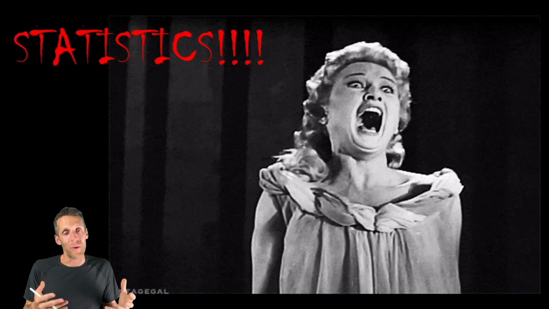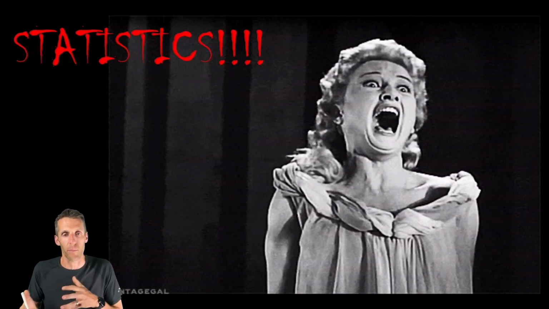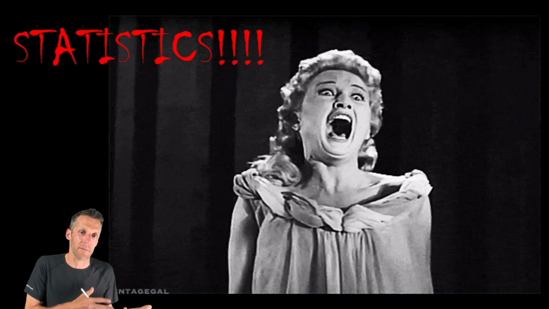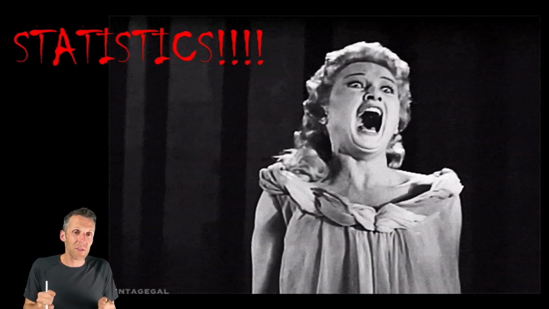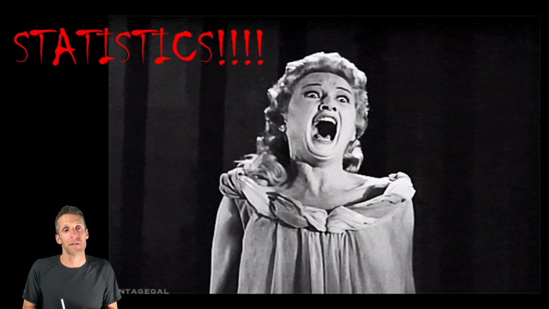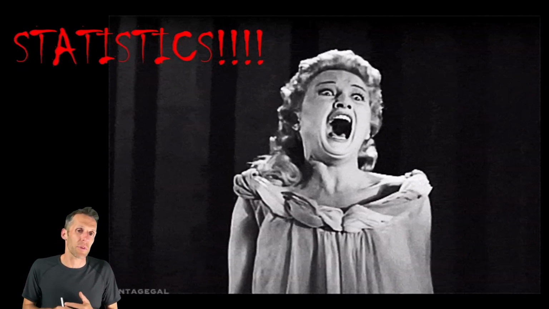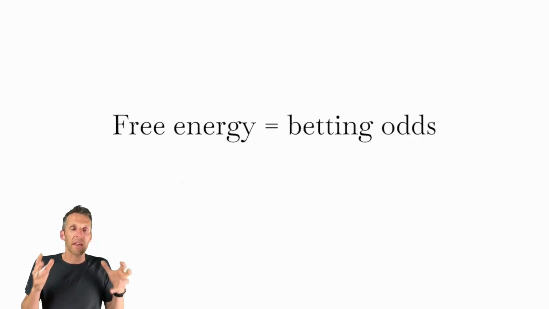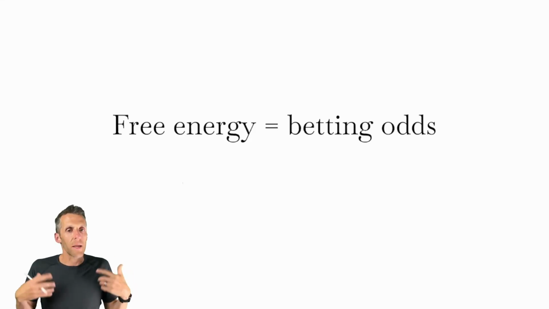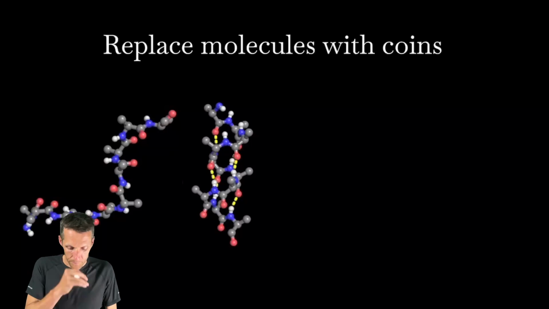Now, maybe you're like, oh no. And this is one of those cases where we're going to take something that's difficult for students to understand, and we're going to try to explain it using something else that I've found students struggle to understand. But it turns out this is one of the problems where statistical thinking actually makes your life easier, like seriously easier. So if you don't believe me, stick with me through this video, and hopefully by the end I'll have convinced you. Okay, so let's do some statistics. And the model that I'd like us to all have in our head is that free energy is a betting odds. I'm going to keep saying that, and then you can keep deciding if you believe me or not.